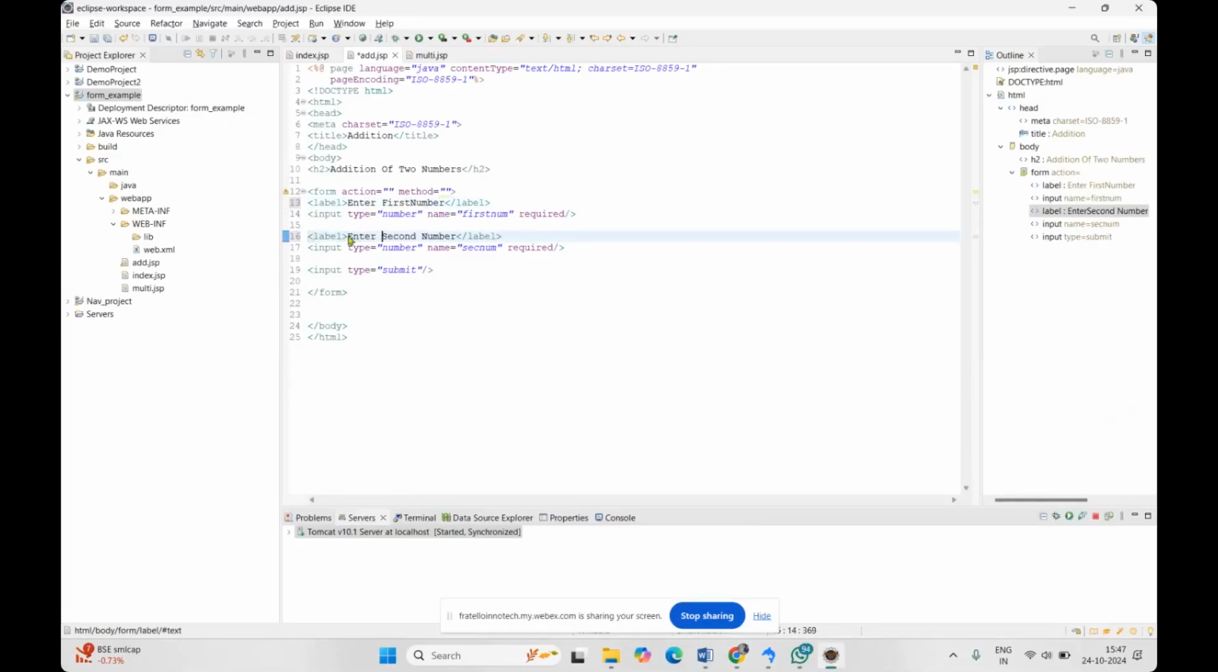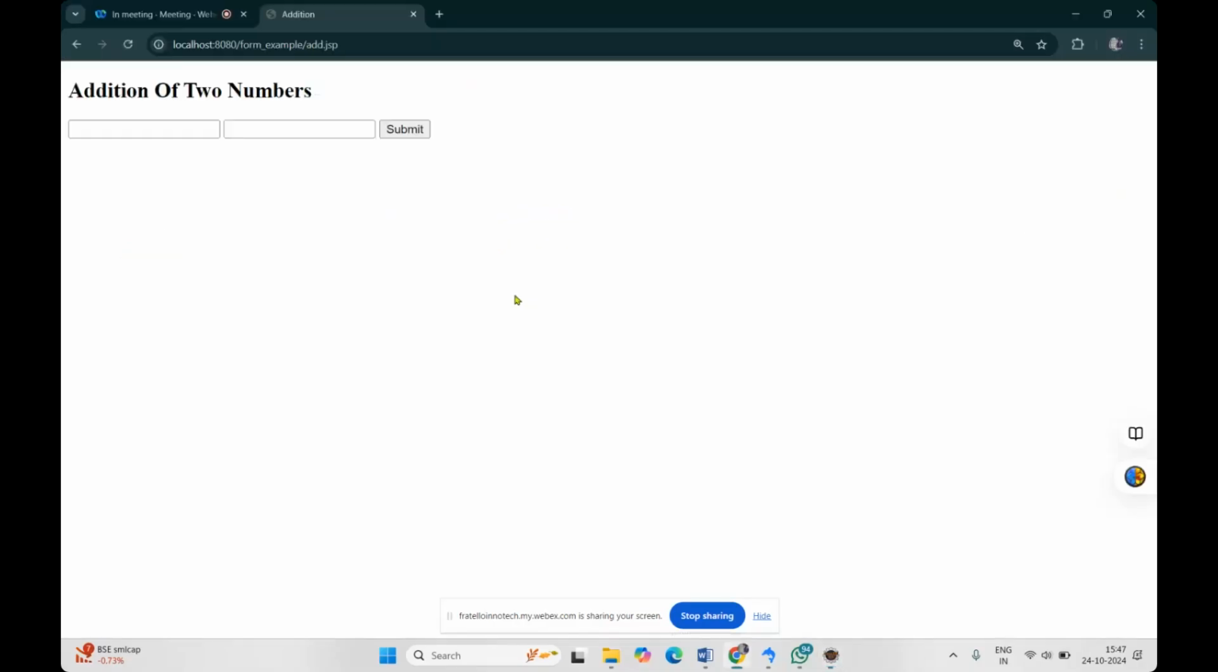Enter second number. And in our submit button, we can change the value from submit to add, since we are doing addition here. When you use the value attribute in our type submit button, it will save it and show it on our submit button. By default it will be submit, but when we take the value attribute and give the add value in our input